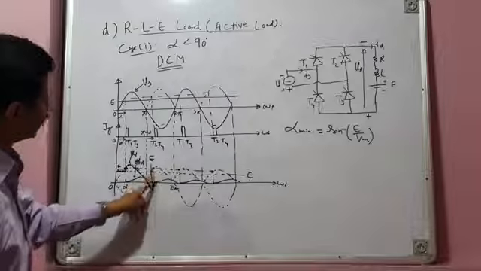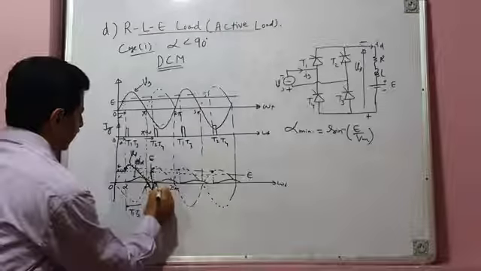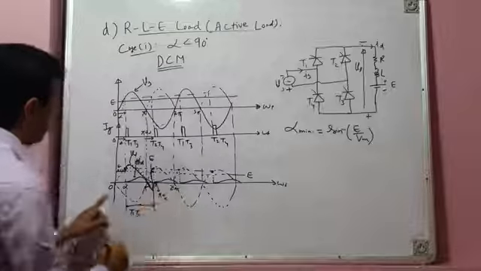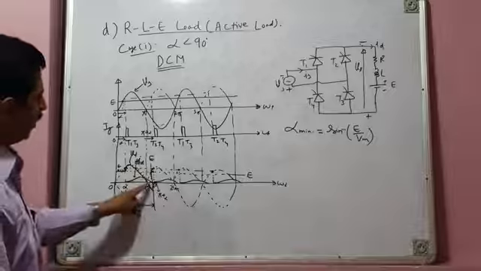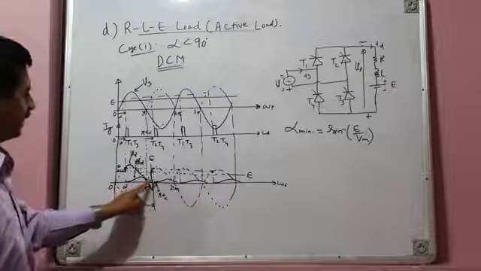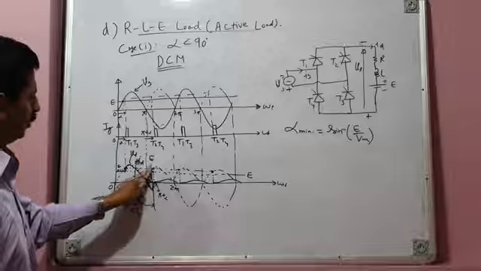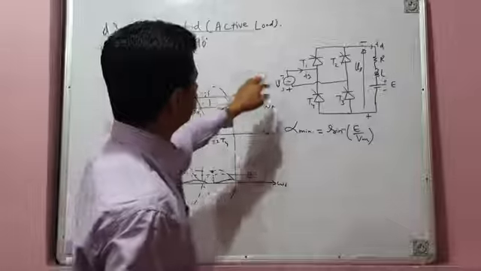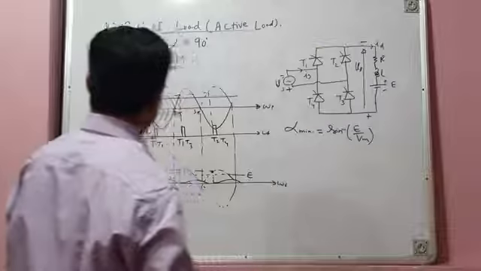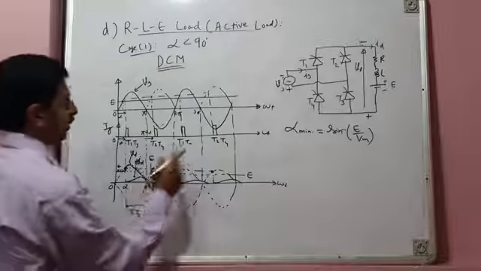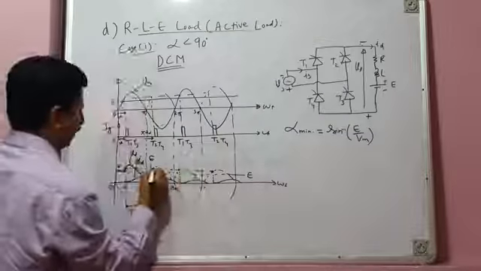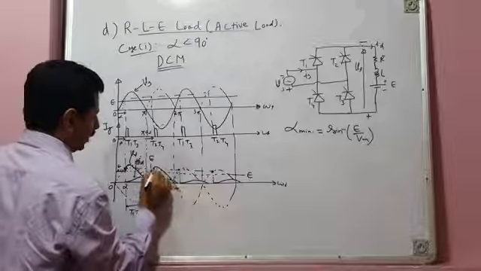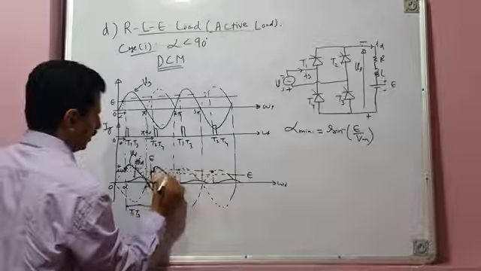And then at this instant, you can see this instant is pi plus alpha. Let me first of all show that T1 and T3 pair conducts from alpha to beta. And then from beta to pi plus alpha, no device is conducting, load current is 0, so load voltage is equal to E. And at pi plus alpha, the negative half cycle of source voltage is there, T2 T4 pair is fired, and when T2 T4 pair is fired, the load gets connected to the source and load voltage is again equal to remaining segment of source voltage, positive voltage of course. So this is your load voltage.